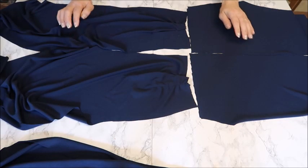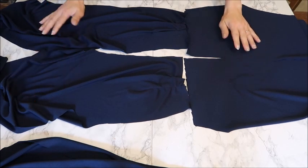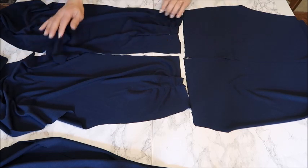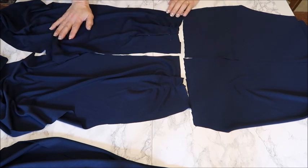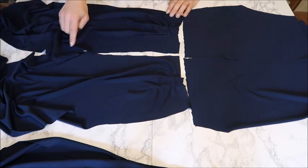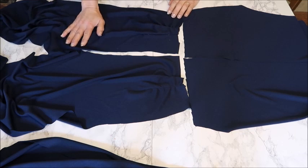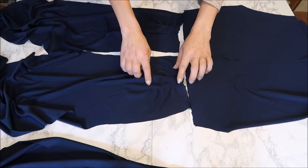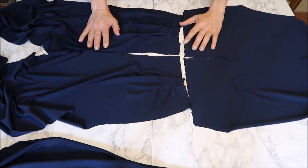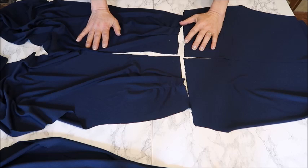We have sewn all our darts, and what I always do then is just roughly pin the pants together to see how it fits. Just putting a few pins on the side seam, on the under leg and on the crotch seam, and I see how it fits. And because my fabric is very stretchy, I made some extra darts in the back pattern,